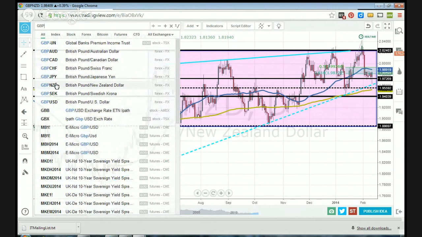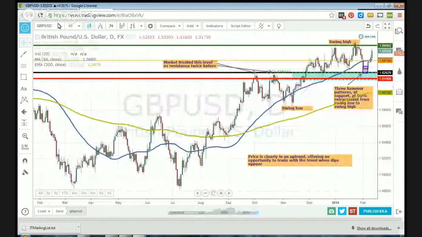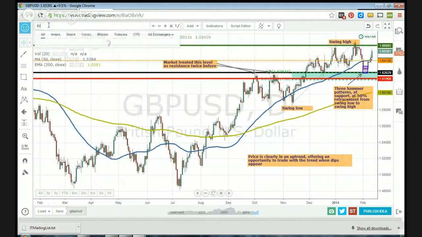Of course, when we see a good trend, we want to make the most of it. Pound dollar, we looked at this. This is the setup that I love, a really great textbook setup. I really enjoy looking at this and talking about this. I think it's something that traders can learn a lot from. Going to the US dollar,